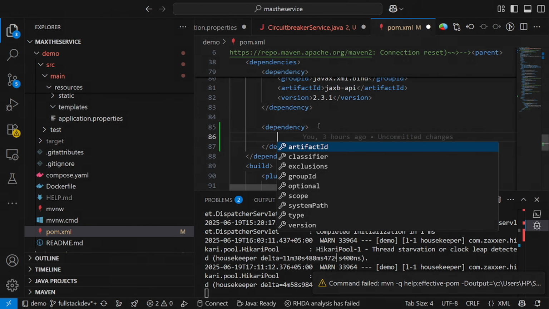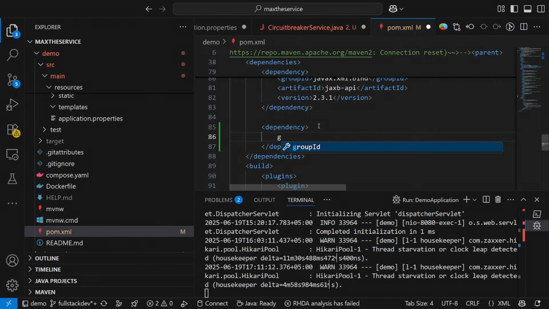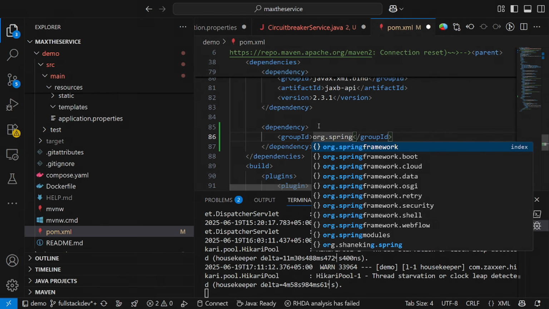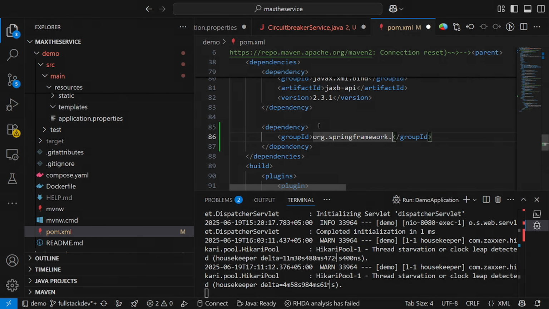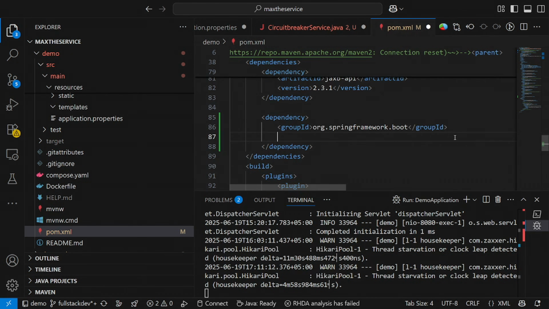That could be dependency like group ID. Group ID is org.springframework.boot. This is a group ID, and here under this we need to provide artifact ID, which is Spring